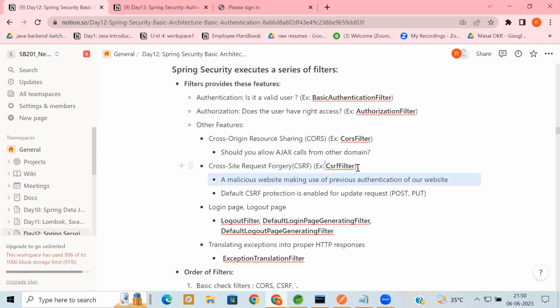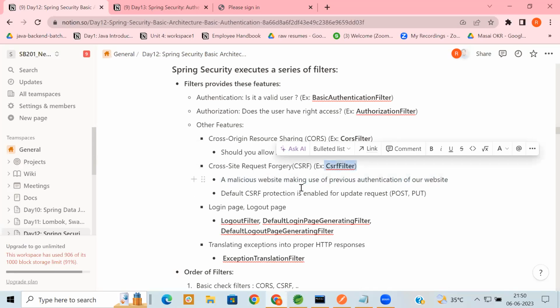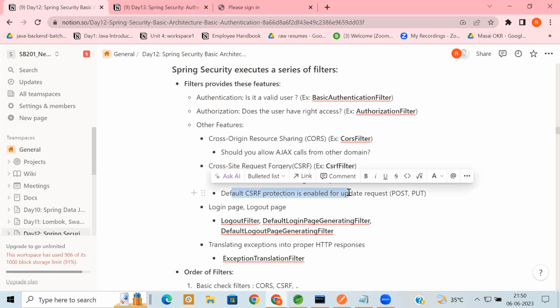So we have a proper solution also in CSRF on how to handle that. So even though some authentication JSession ID is there, still nobody can call our API. So there is a filter called CSRF filter. So default CSRF protection is enabled in our application. By default, CSRF protection is enabled in our Spring Boot project for updating a request. That means if you're trying to call post and put request, then you are not allowed to call without configuring